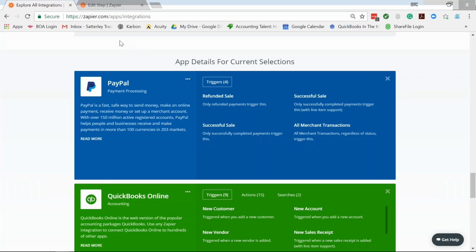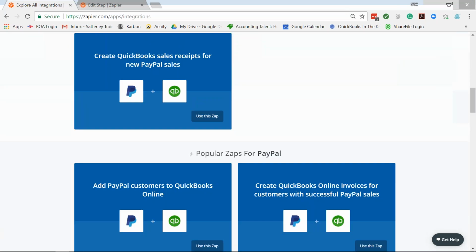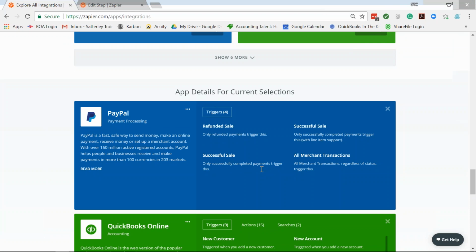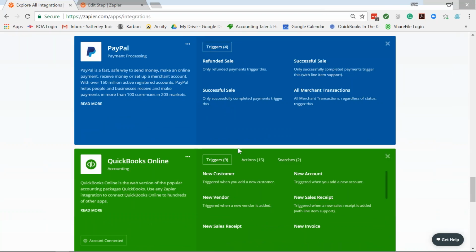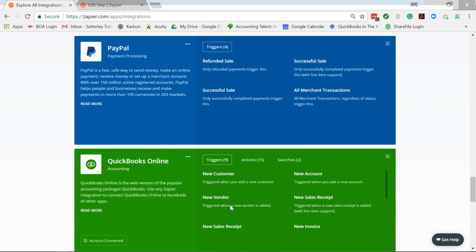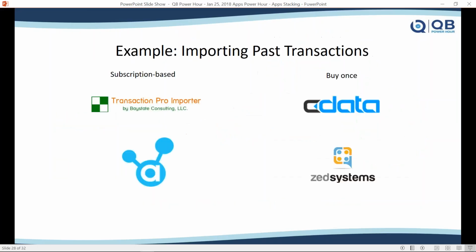Okay, so I just want to show you real quick that with the integrations, remember we did that search up here, if I scroll all the way down to the bottom of the screen, you can see the app details for those particular apps. So it tells you what the triggers are, it tells you what the actions are. So these are the things that you can actually bring into QuickBooks. And then these are the triggers that can occur in QuickBooks, and then you can send that data somewhere else. We also have searches as well. So to go back to my PowerPoint,